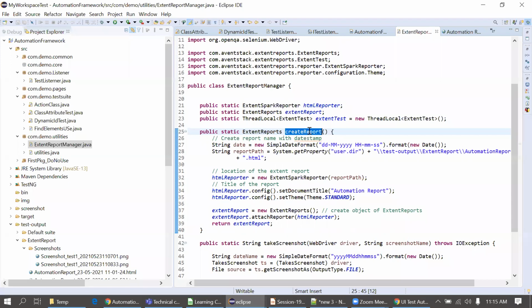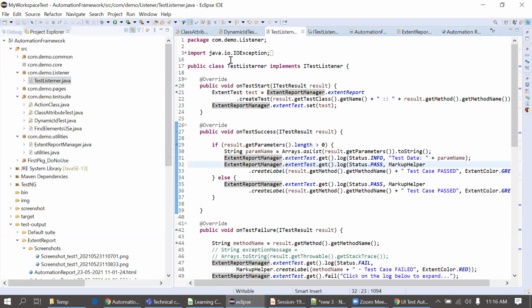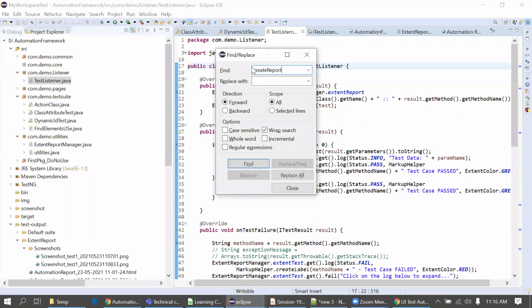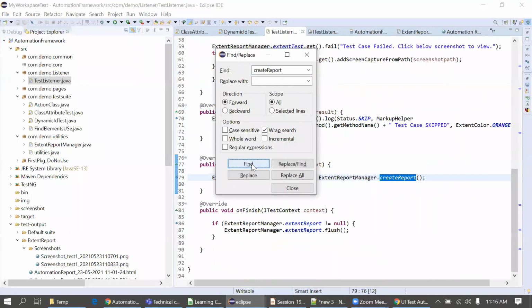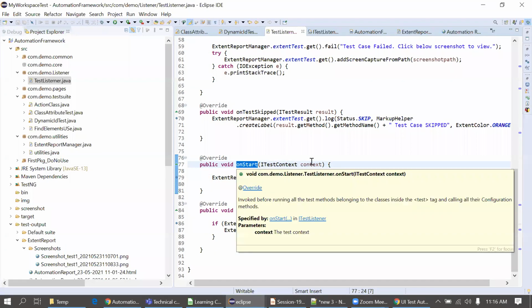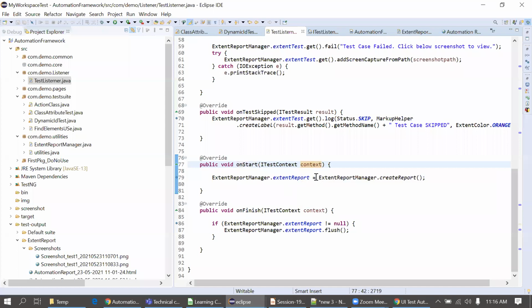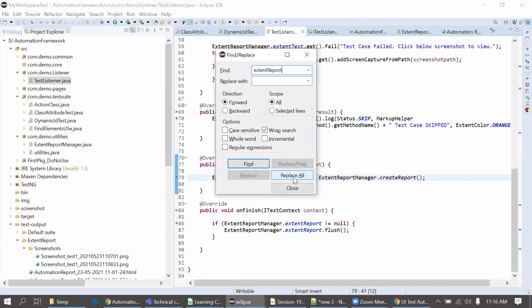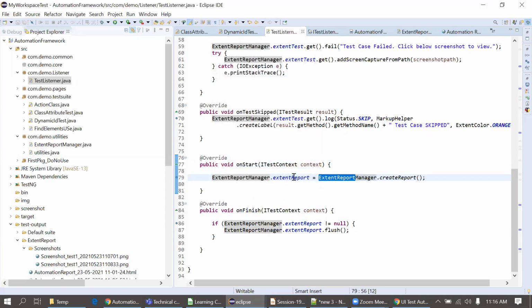Okay, so I'll just copy this create report. I'll just see where I have used it. Simply, I have used it on the on start. You can see we have used this on start. If I delete this, I think I have used this somewhere. Let me check.